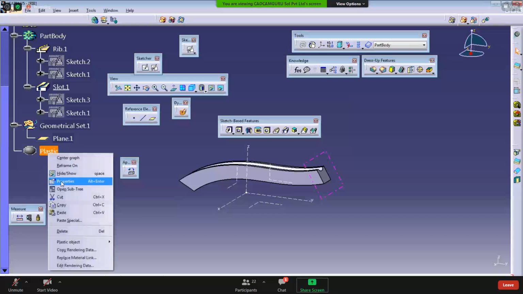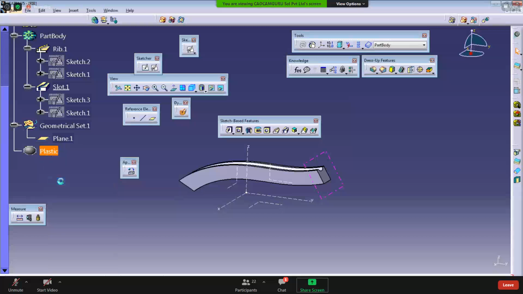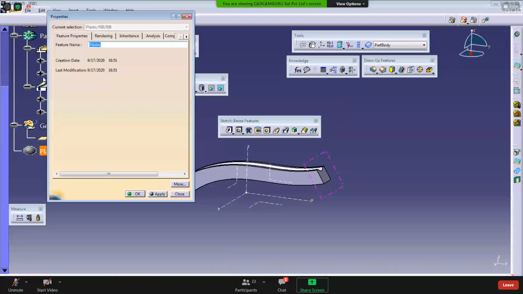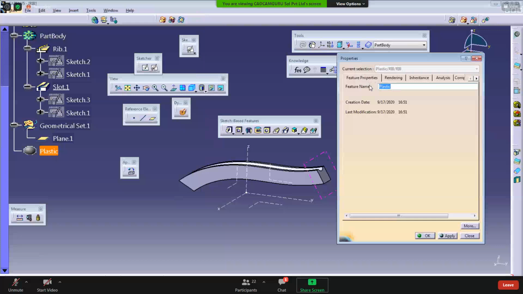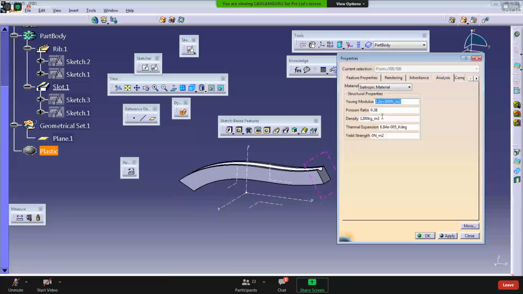Then right click on this, go to properties, and I want to apply the material PC, polycarbonate. You must know the density of polycarbonate from analysis and put in that value. How much is it?